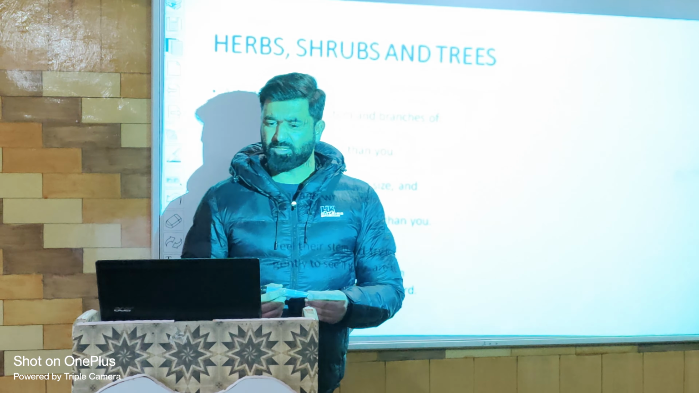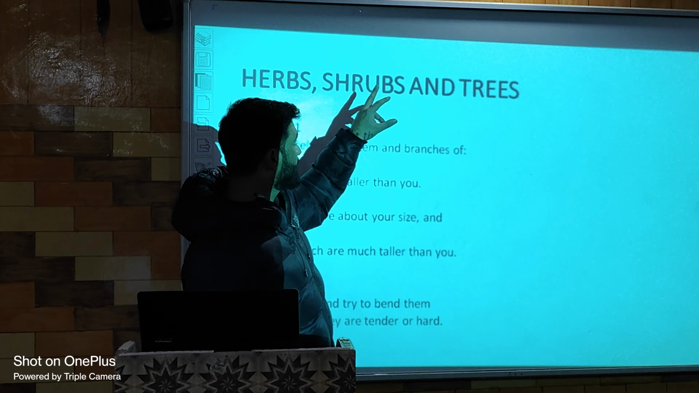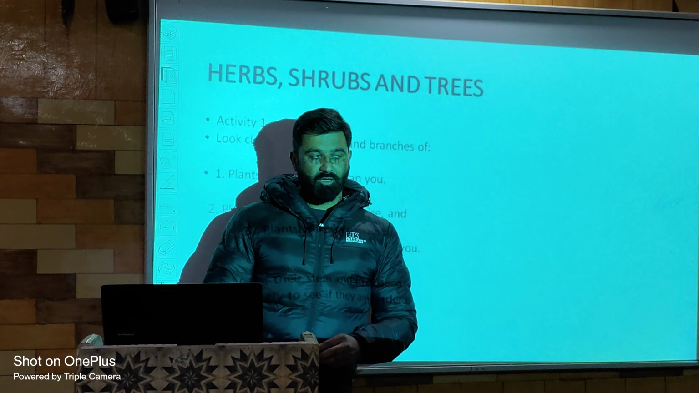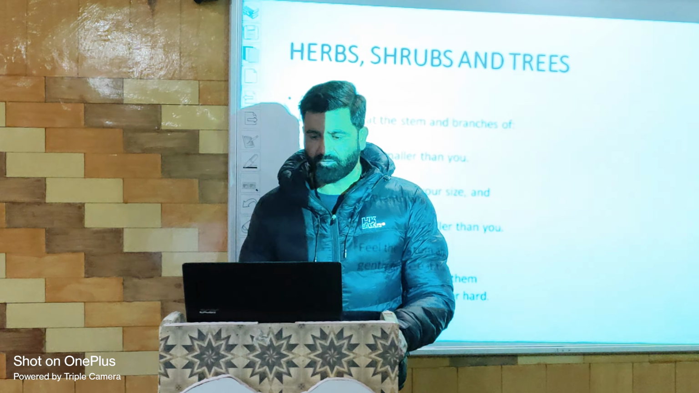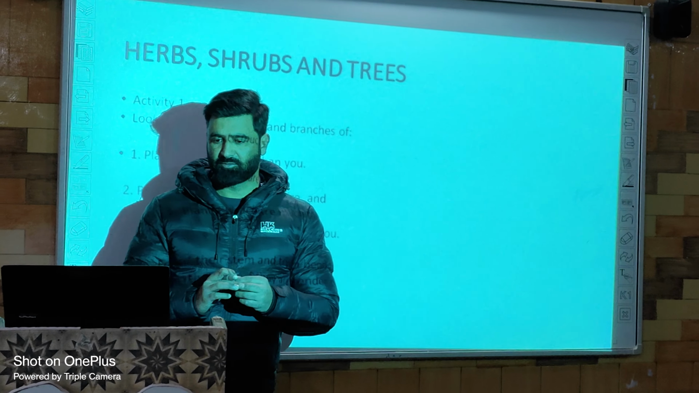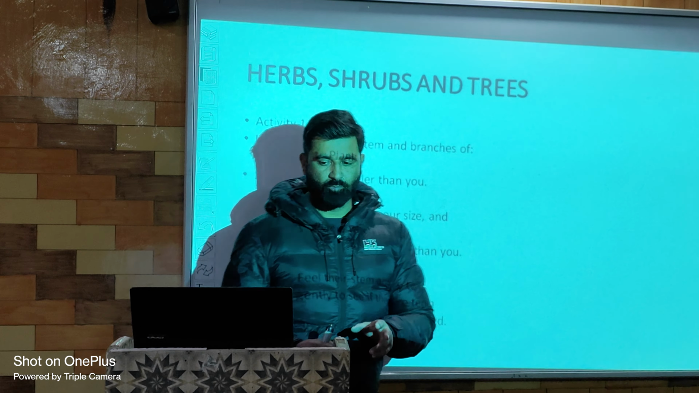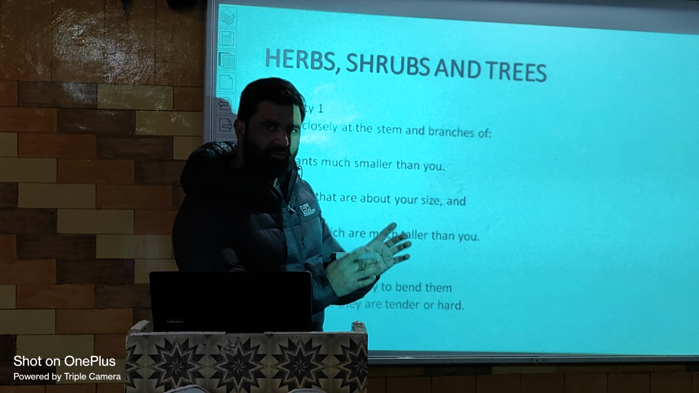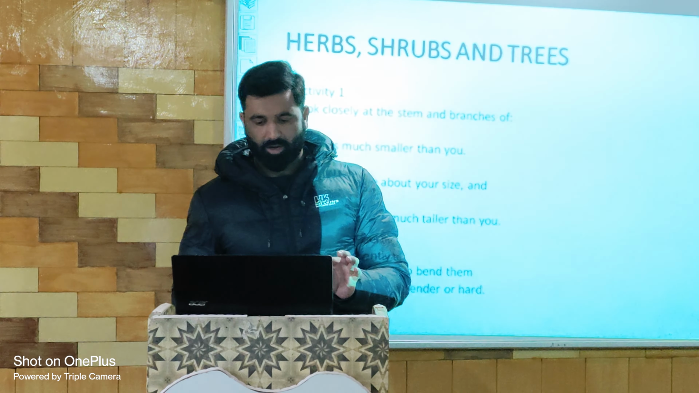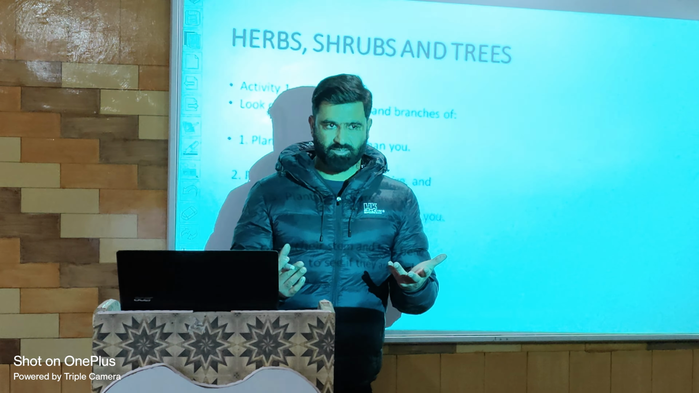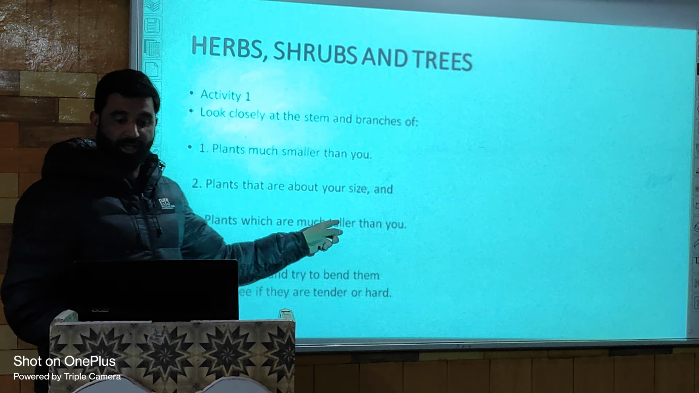So, on the basis of this, there are three types of plants: herbs, shrubs, and trees. Now, if we go outside in our park or anywhere in our locality and look closely at the plants, we will find three types of plants there. Some plants are much smaller than you. Another type of plants are about your size, about our size. And there is another type of plants which are very much taller